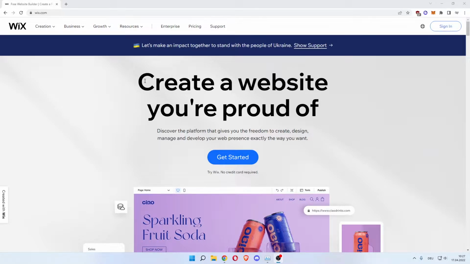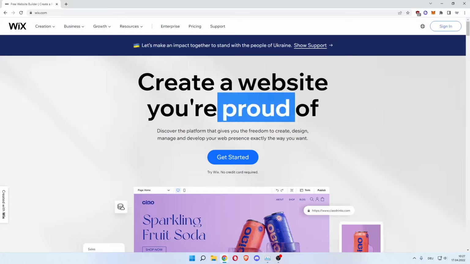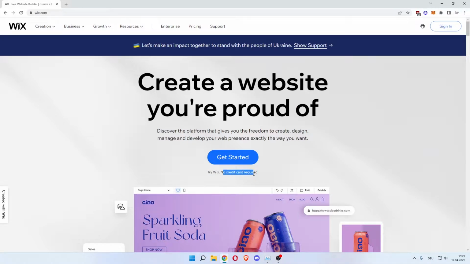Wix. We'll start off by going to wix.com, as you can see in the top left, and you'll get to this page, which says create a website you're proud of. Now, as you can see, try Wix, no credit card required, so it's free. And once you're happy with your blog, you can go ahead and get the paid plan in order to keep